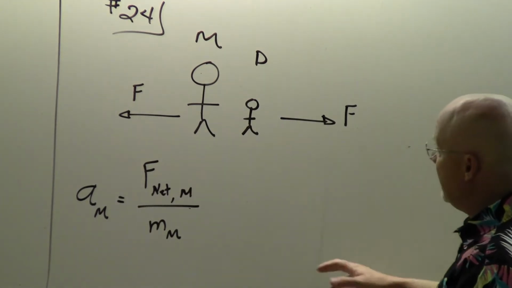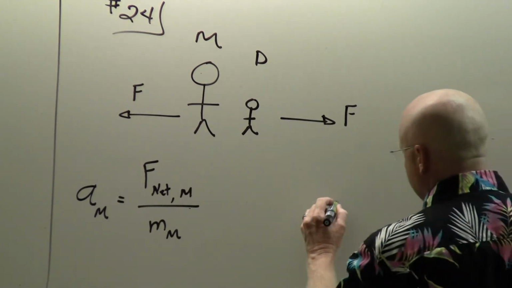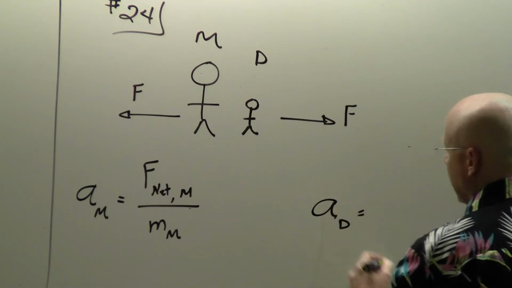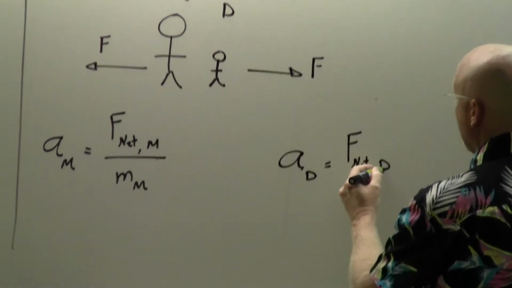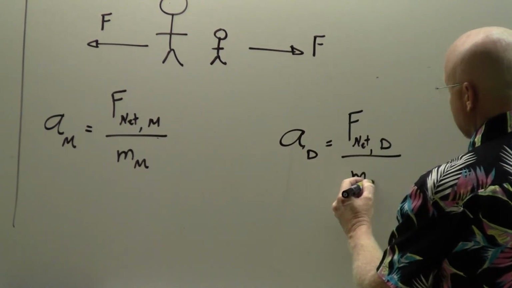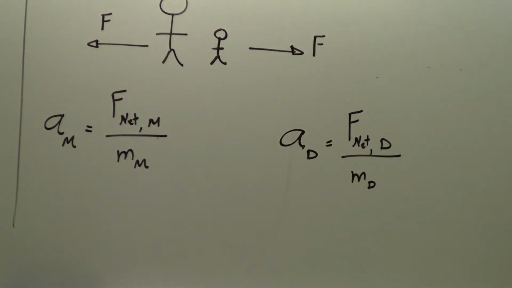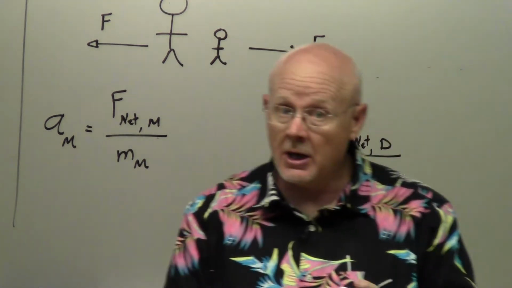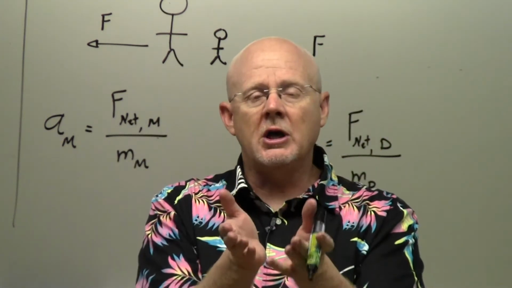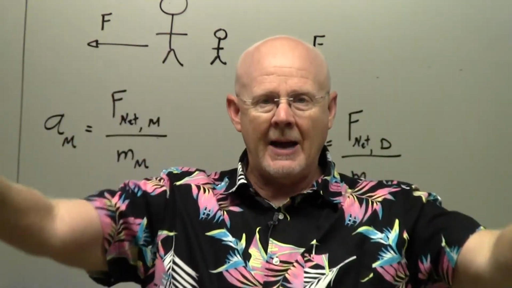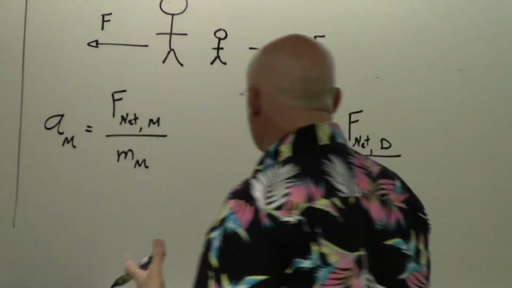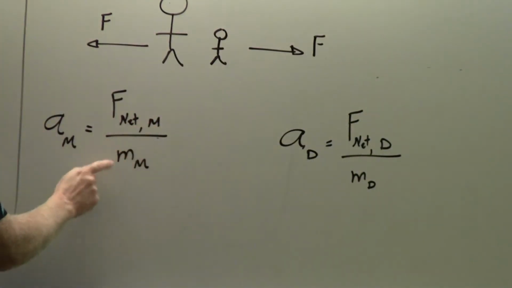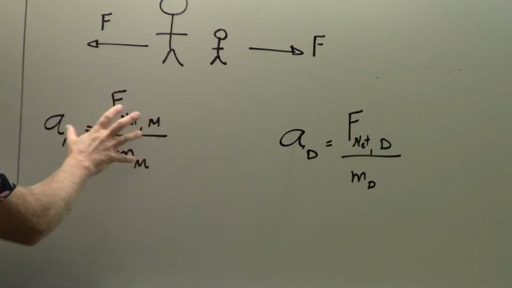But to find the acceleration of daughter, you need to get the net force on daughter and divide by mass of daughter. And this is where the third and the second law can really give students a hard time. Notice the third law is saying the forces are equal and opposite, but they're also on different objects. So when I go to do a calculation, this net force on mother involves only the forces